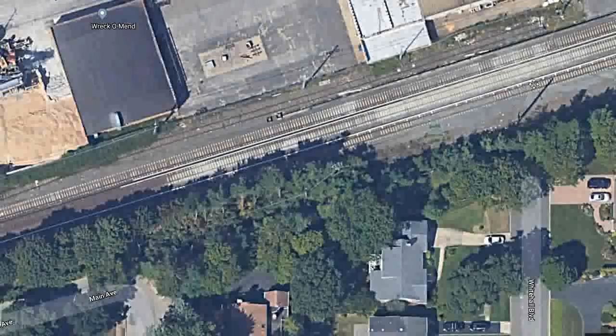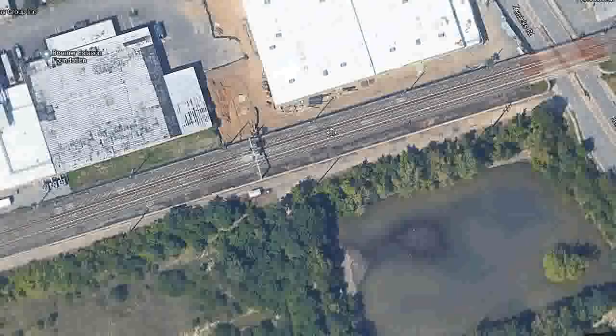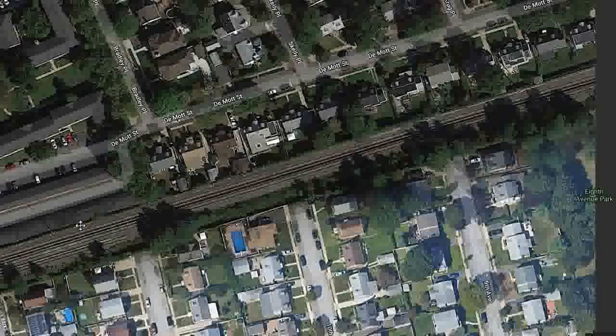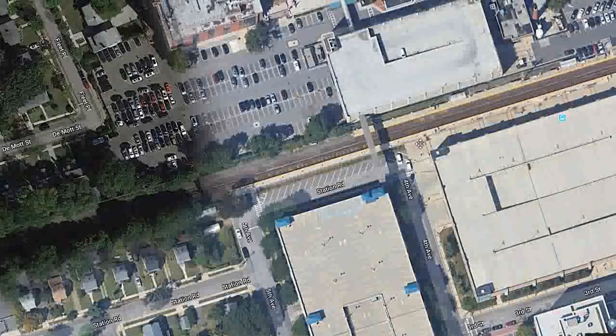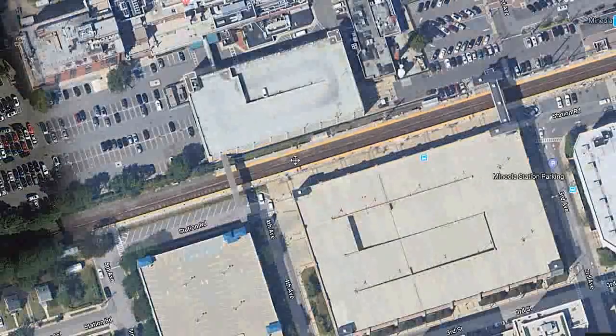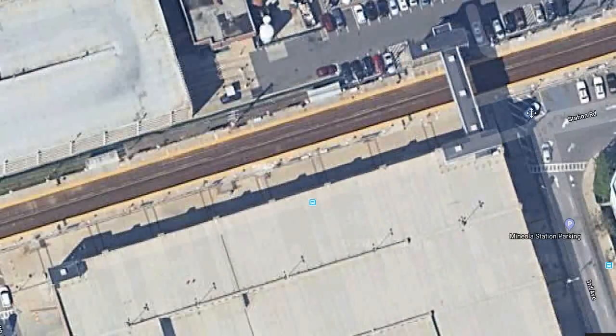You can see already there's a third track that was built a while ago in anticipation of the third track project. This part is okay. This part doesn't need anything, but then we get to Mineola, and Mineola obviously is a problem. The infrastructure is very old in Mineola, and the design of the station itself, I'm going to